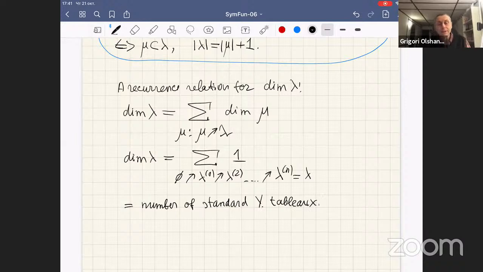Before we dealt with semi-standard Young tableau, which means that we have weak increasing along the row and strict increasing down the columns. But standard means that we have strict in both directions. Number of standard tableau with entries in